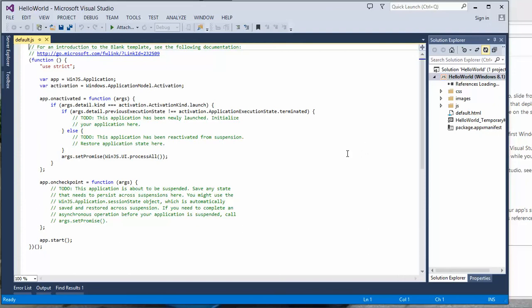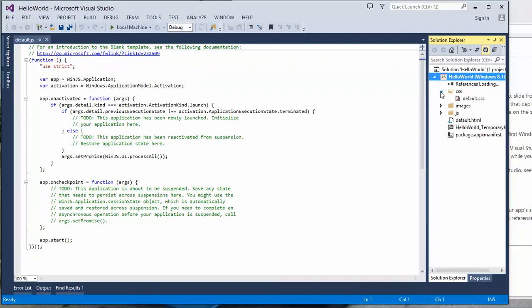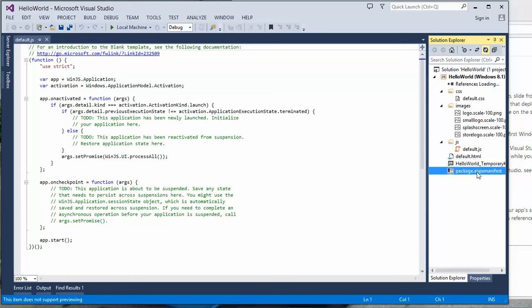Okay. Now, the first time that we go through and run our, we'll call this our basic shell of an app. All right. We see in here we've got a default style sheet. We've got some images built in. Default JavaScript that gave us a default HTML page. All right. We've got our Hello World temporary key, and here's our package itself. Now, the manifest for the package. We'll get specific later. All right. If I go through and I run this,